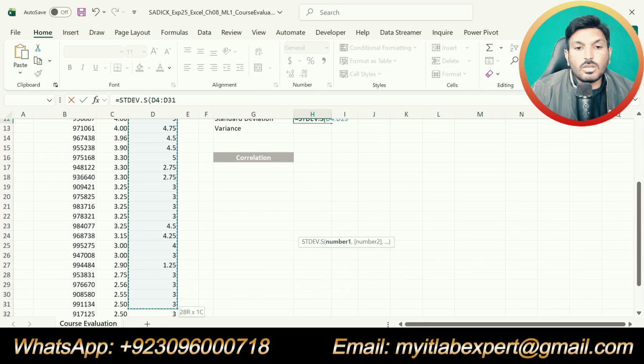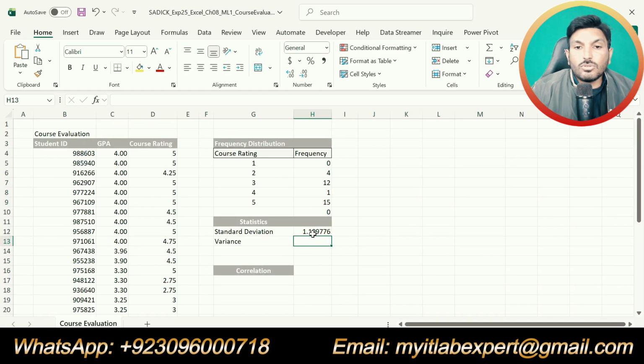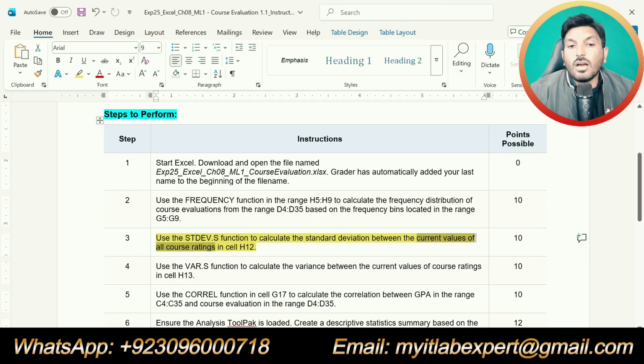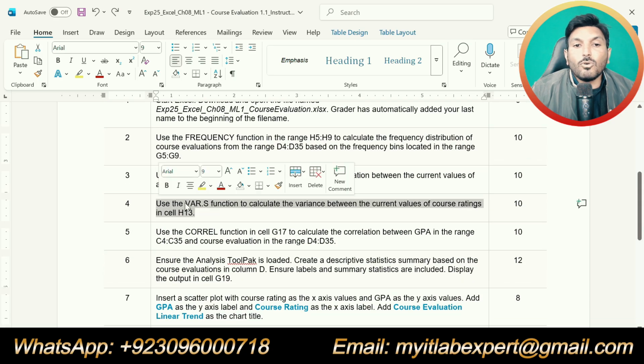So we are going to calculate the standard deviation of the course rating. Press enter. This is the standard deviation for all of the course ratings, and that is all required in step number 3. Now we are going to do step number 4.